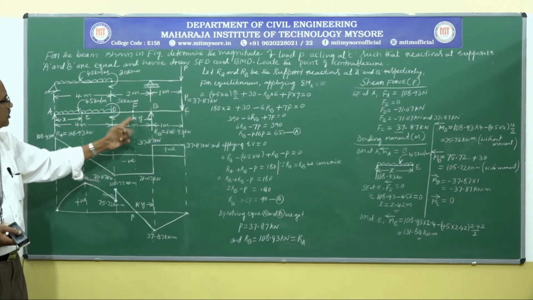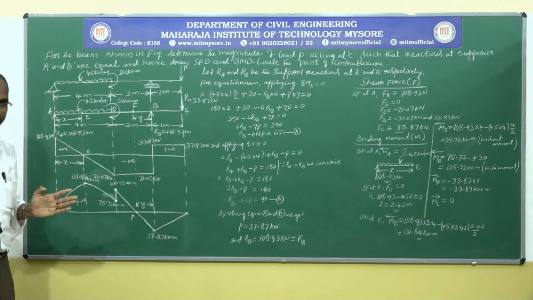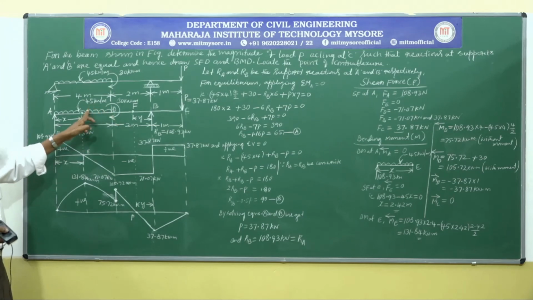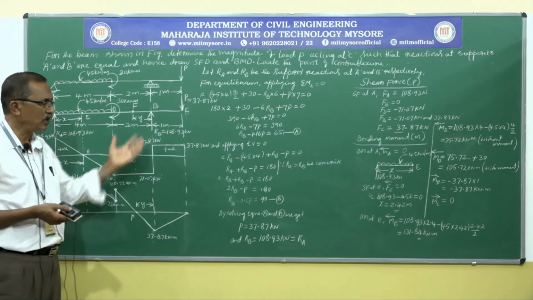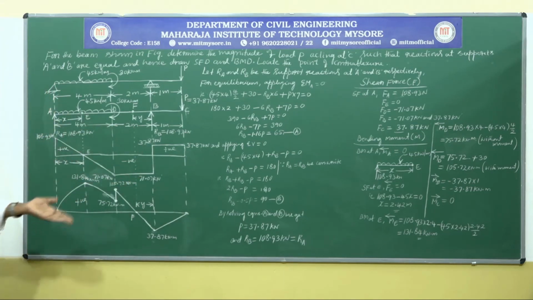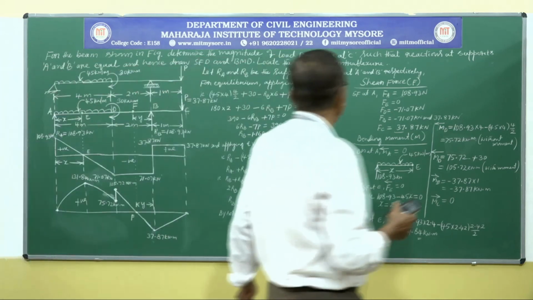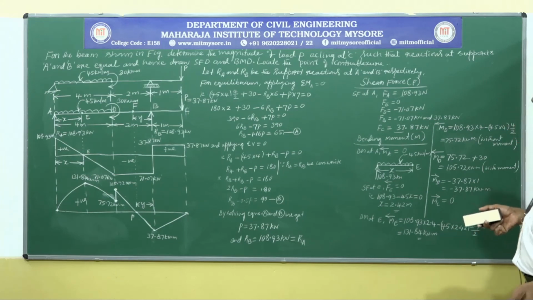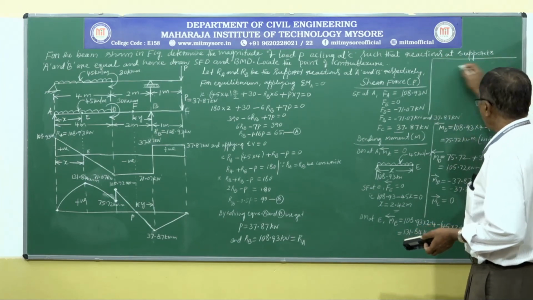Same way, if I mark this Y to the left hand side of F, I need to consider all the forces to the left hand side. When I consider forces to the left hand side, see this moment, UDL, again this point load, it is a little complicated, meaning there is no complication. We need to consider more forces and it extends the calculation. So always to simplify the calculation, so that without any mistakes we can work out the values. Next step is to locate the point of contraflexure.